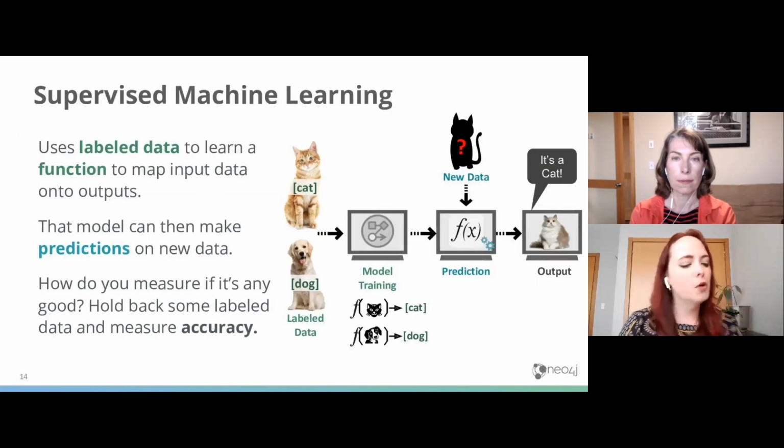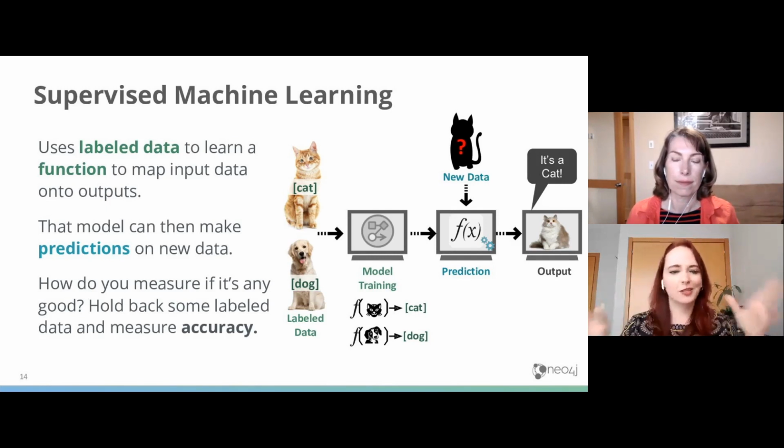So to spend just a moment for folks who don't spend all day thinking about this, supervised machine learning is when you use labeled data to learn a function to map input data onto output data. So in our little toy example, you've all probably seen something like this before. You have pictures, and they're labeled. This is a picture of a cat, and this is a picture of a dog. And I'd have lots and lots of labeled pictures. And then you would pass those into a model. And the model would learn a function that would take that picture and predict, is it a cat or